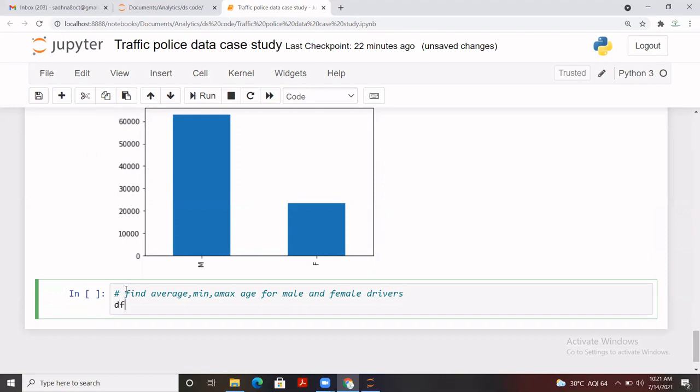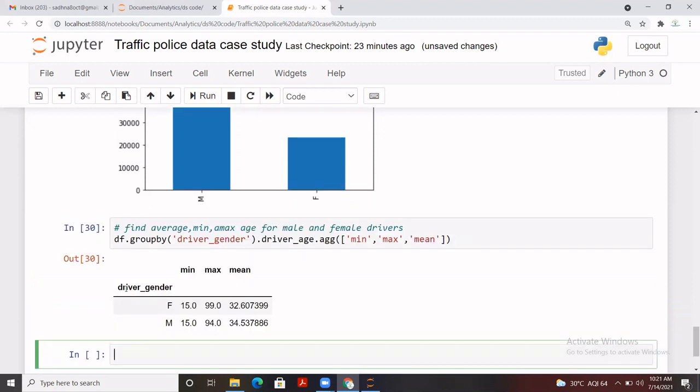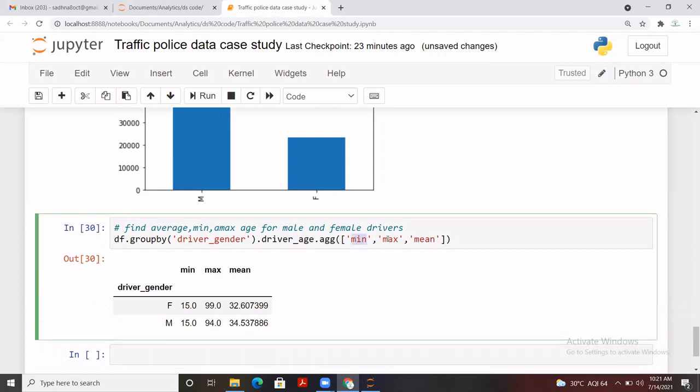So to do it, basically we are going to group our data, group by, based on driver gender. And what else column we can have? Corresponding to the driver, age. Basically we needed an age, and we can directly apply aggregate here. And in a list we can pass all the values, like we needed min, we needed max, and we needed mean as well. One thing that you should remember here in group by, when we use the aggregate function, we have to apply these min, max and mean values in quotes. That's what we have to remember.